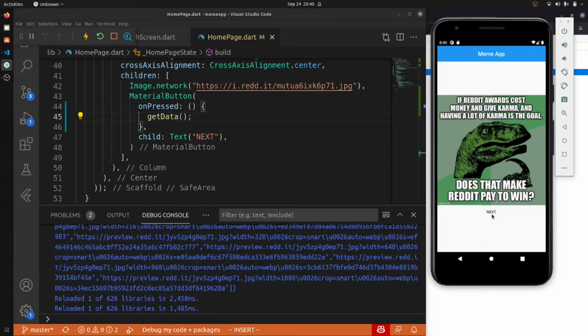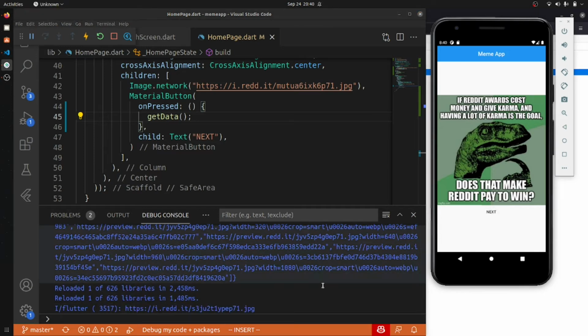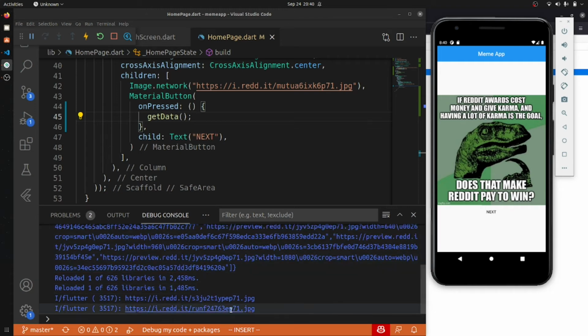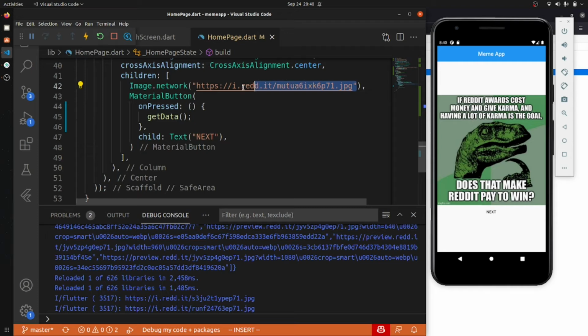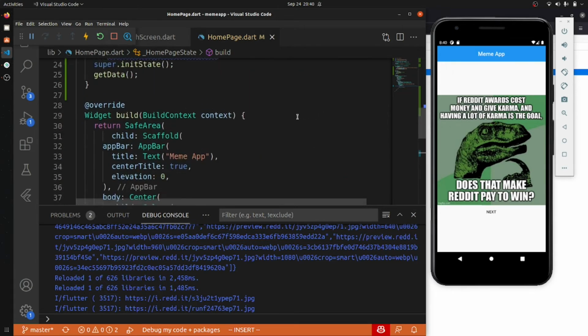If I click on this next, you can see that we are getting a URL. If I click on this next again, we again got a URL. So we basically want a way in which we can initiate this URL.